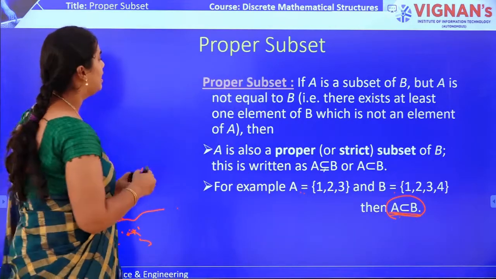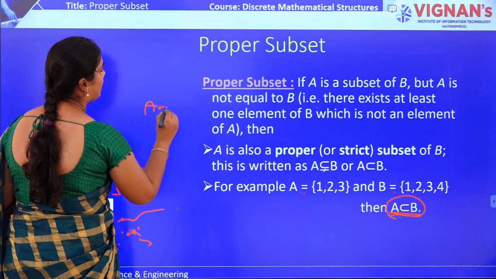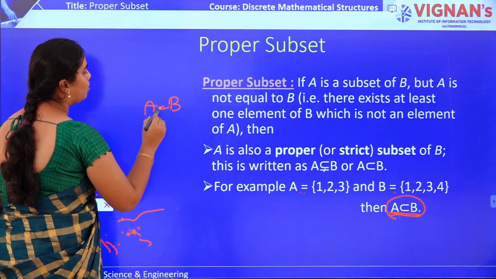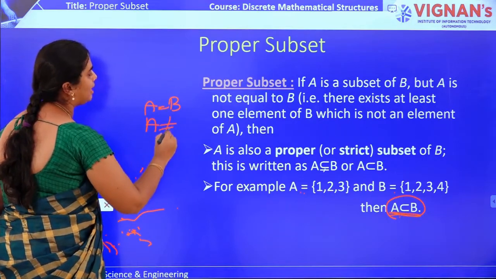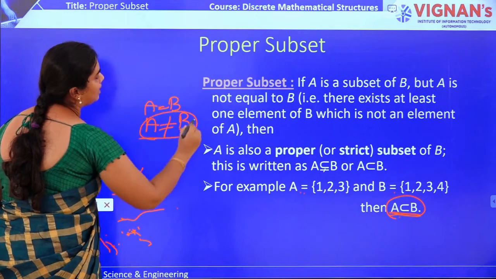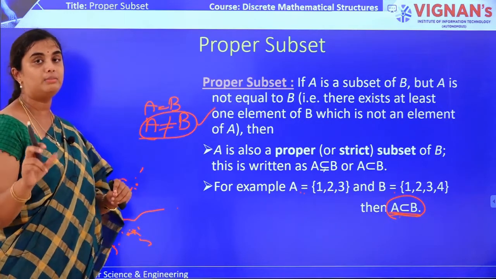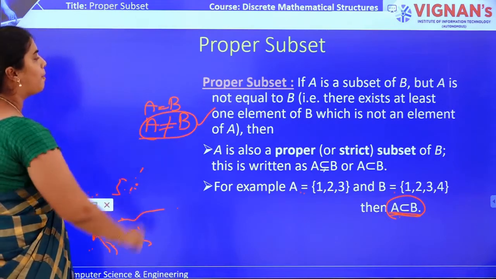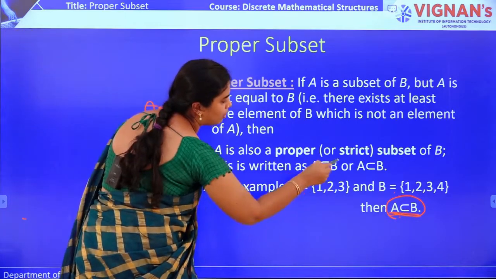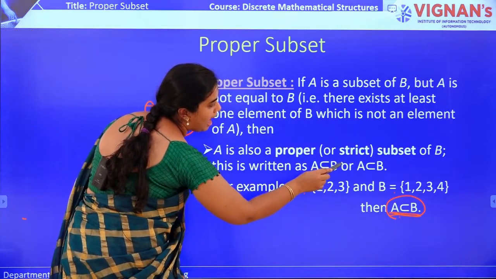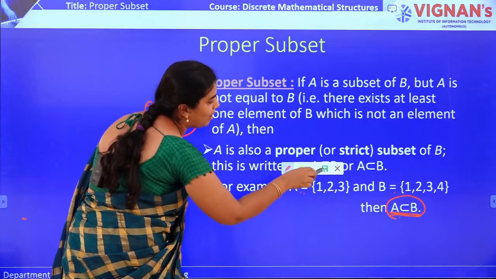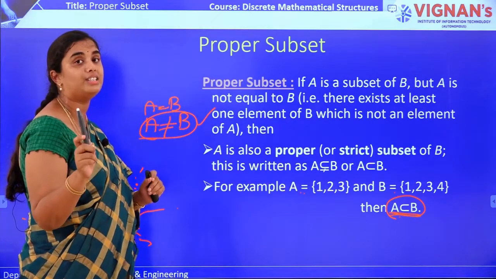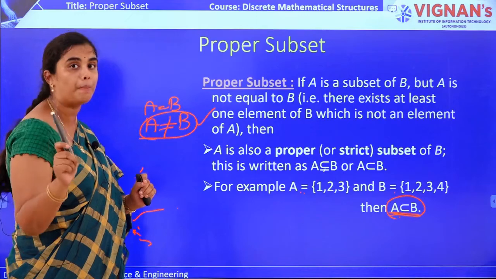In the case of a subset, there is a possibility that A can be equal to B. But in the case of a proper subset, there is no possibility that A equals B. A cannot be equal to B. This is the condition of the proper subset. The two sets A and B cannot be equal to each other. See, this is the symbolic notation of that. Here there is the equality symbol, and in the case of the proper subset, this equality is not obeyed. So it should only be a subset, but the equality condition doesn't exist in the case of the proper subset. Okay.